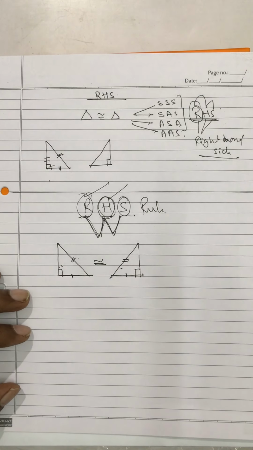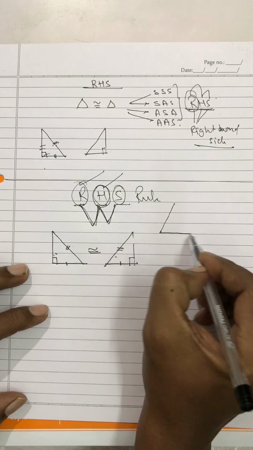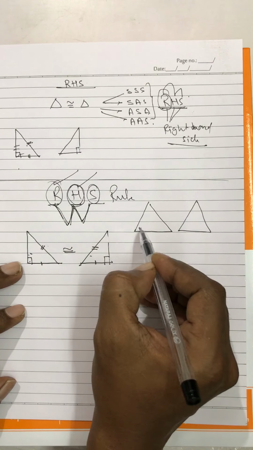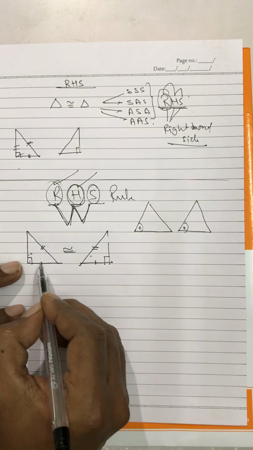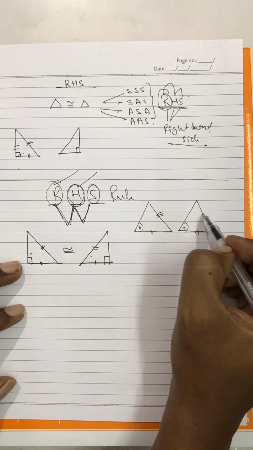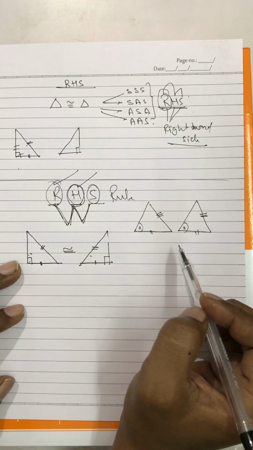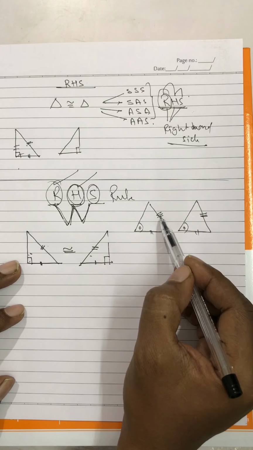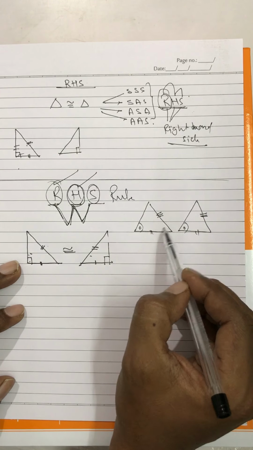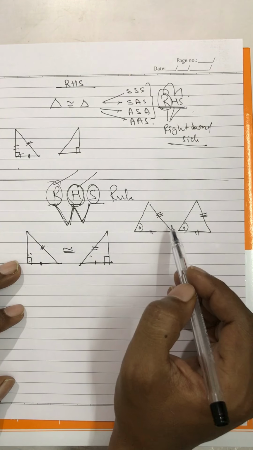Now why is this needed? See, supposing there would have been some other triangle like this, where this angle is congruent to this angle, this side is congruent to this side, and this side is congruent to this side. Can I say these two triangles are congruent if they are not right angle triangles? I can't say, because what is the test then? Side, here you have jumped over. This angle you have not proved congruent. Side, angle, side should have been congruent, but that is not there. I go from here, side, angle, now again this also is not congruent.